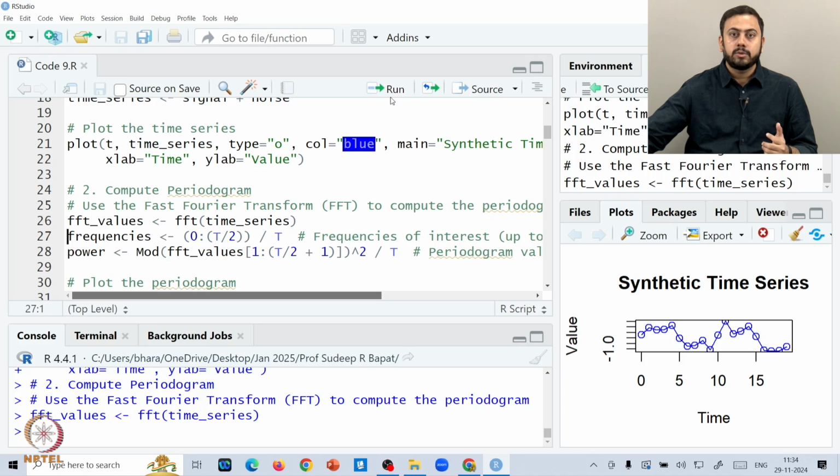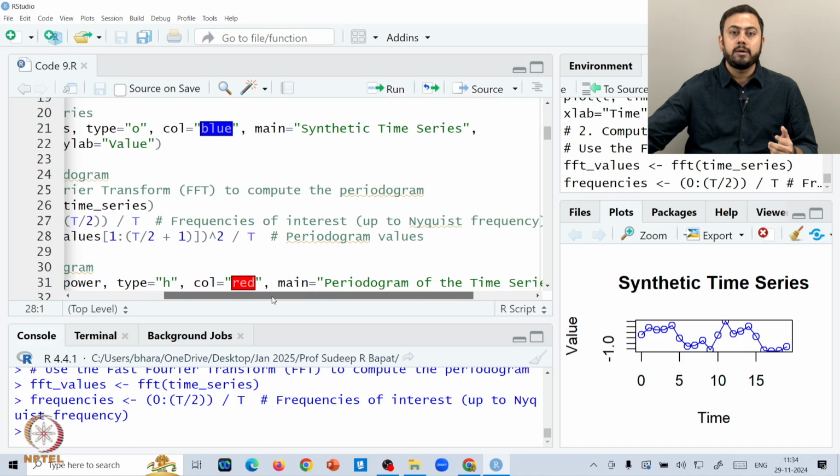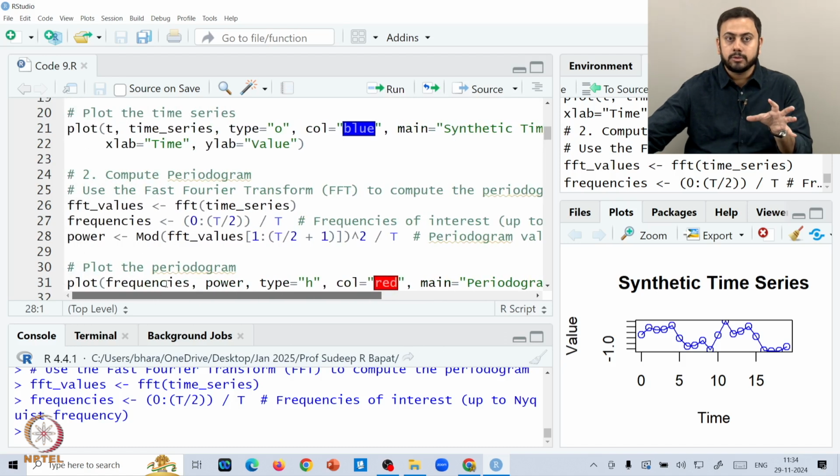So, I will run the frequencies command, and the last thing we generate is power. What exactly do we mean by power? Power means the actual periodogram values. Once you generate the frequencies, the x axis in the periodogram plot contains the frequencies and the y axis contains the actual power, the actual periodogram values. This is exactly the definition of the power. Some of you may remember the formula: you take the absolute value, square that, and then standardize by 1 by T. This is the exact same formula that we are applying here.